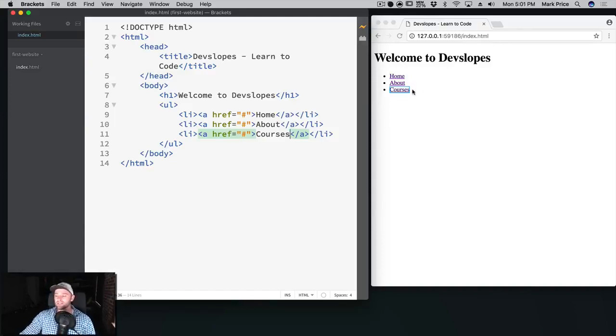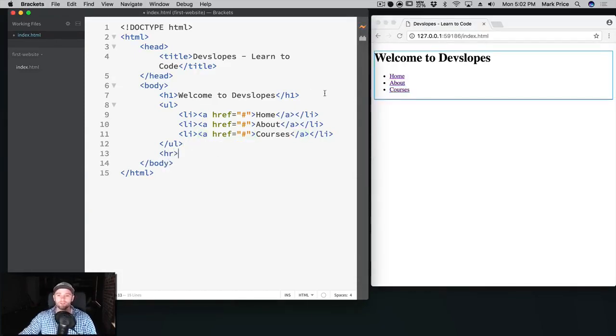So we got a list here. This is coming up nice. What about a nice line, a separating line to divide our page? Let's work on that now. Create a line in our page, a horizontal line, by putting in the HR tag like so. And this is one of those tags that, as you can see right here, didn't need an ending /